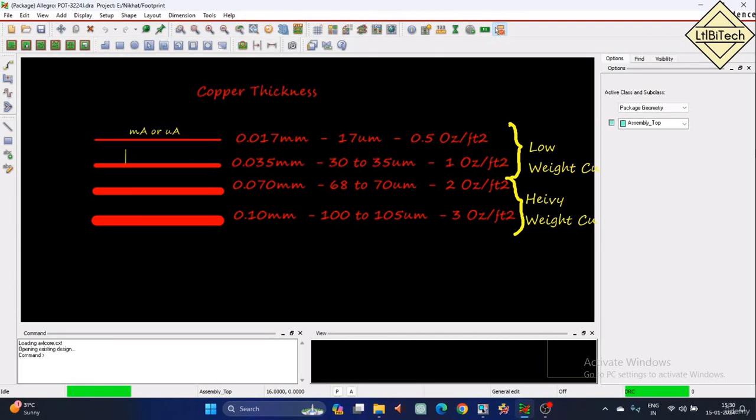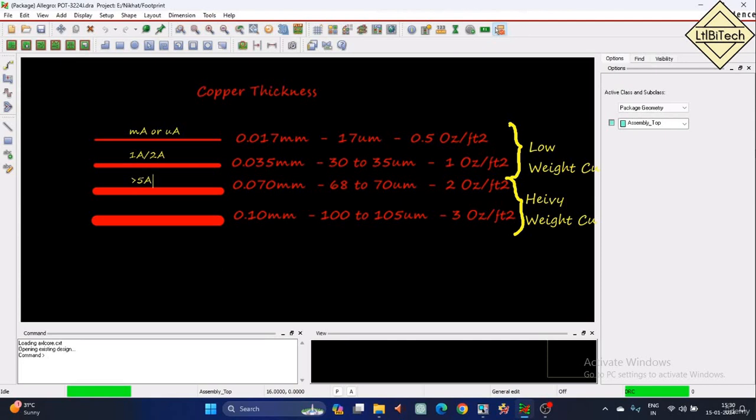And then if we have 1 amp, 2 amps, 0.5 amps, these are the ranges where we can use 35 microns, or 1 ounce per square feet. So anything more than this, for example, more than 2 or 3 amps or 5 amps,